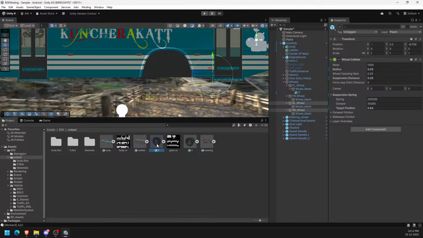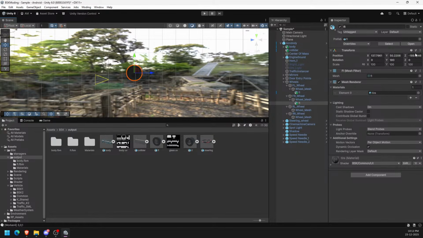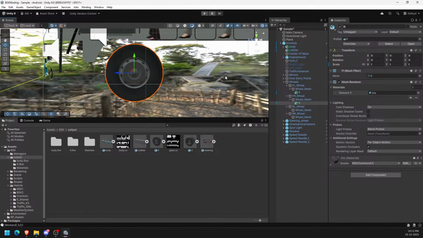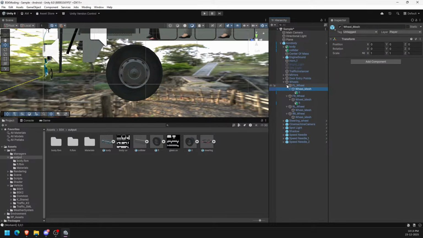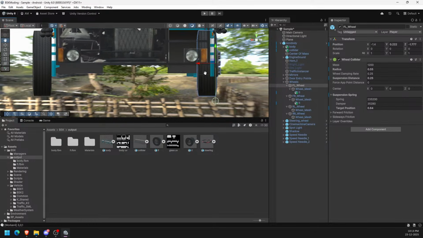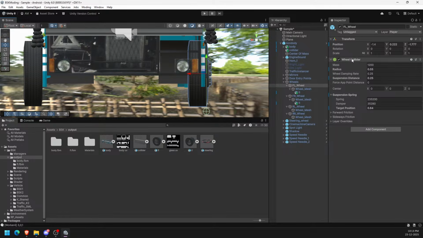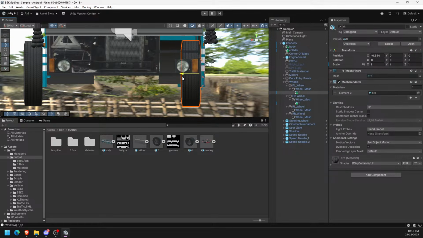Now let's copy the front wheel to the other side too, but here there is a small difference. Okay, just reset it. The small difference is first you have to come to the front view. This is the front view, and you can see the physics object itself is sitting outside the vehicle body. So I am moving the object with the wheel collider itself. And when you move this wheel collider object, make sure this green line is on the side of the bus. Like if you place it like this,